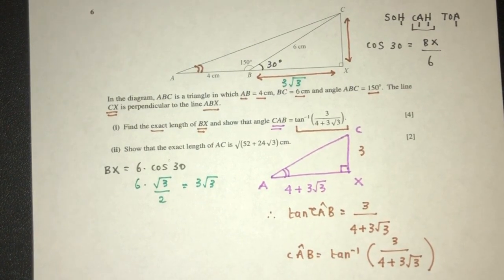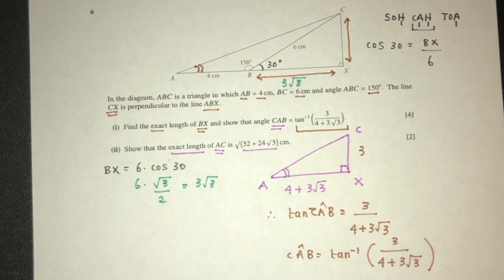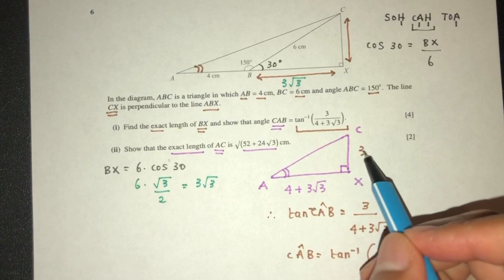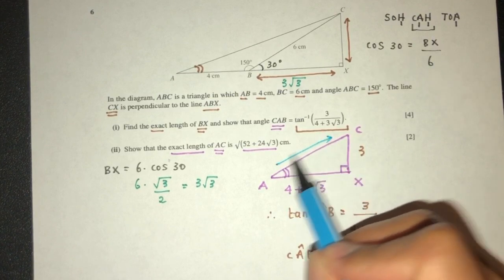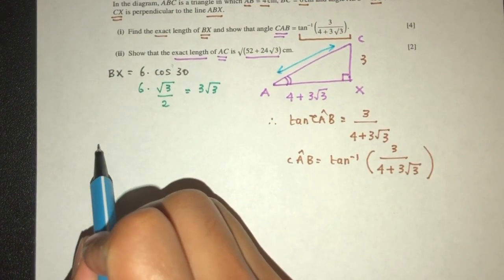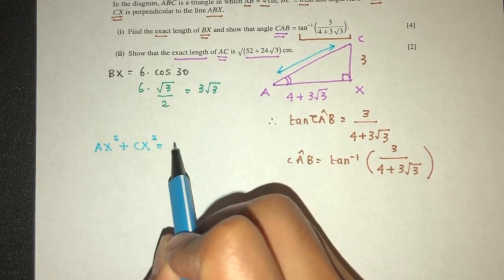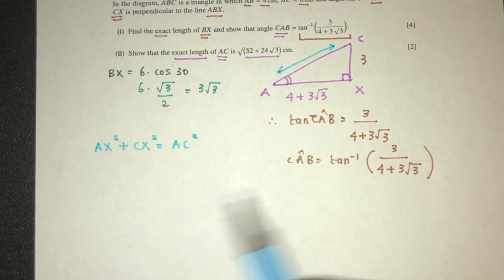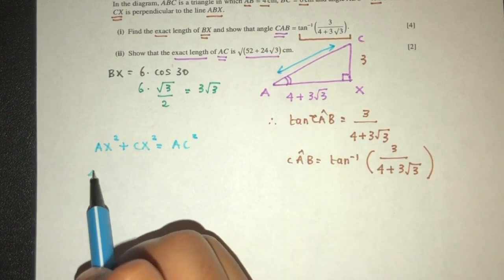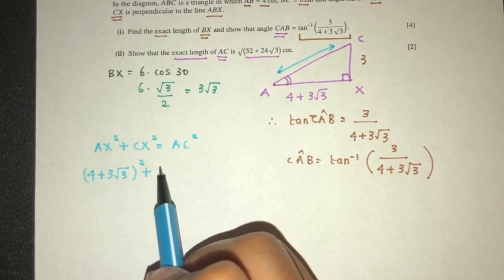Now for part 2, we have to show the exact length of AC is this. So let's see what we can do for the exact length of AC. So pretty easy. We can obviously recognize that we have a right angle triangle. We know these two sides. We can find this pretty easily by the Pythagoras theorem. So the Pythagoras theorem states that if we have AX squared plus CX squared, you're supposed to get AC squared. So AX, we know it is 4 plus 3 root 3 squared, plus CX squared, that should be 9,